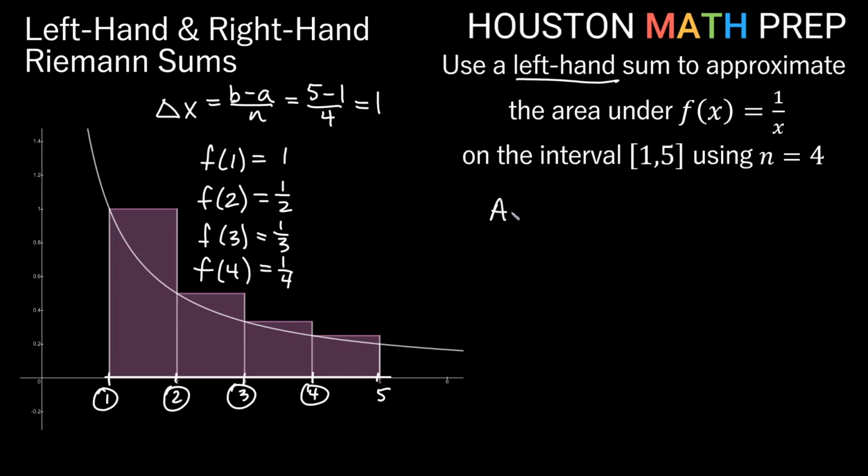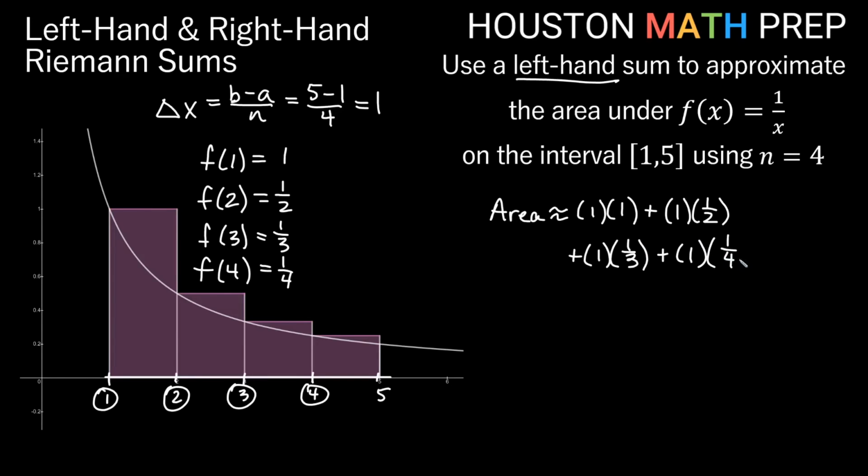Now, our area approximation for this is going to be delta x times the height for each. So our delta x is 1 for each. For the first one, we'll have 1 times a height of 1, that's width times height, plus 1 times a height of 1/2 for the second rectangle, plus 1 times a height of 1/3 for the third rectangle, plus a width of 1 times the height of 1/4 for our fourth rectangle. If we get a common denominator and add all those up, we'll get 25 over 12, which is about the decimal